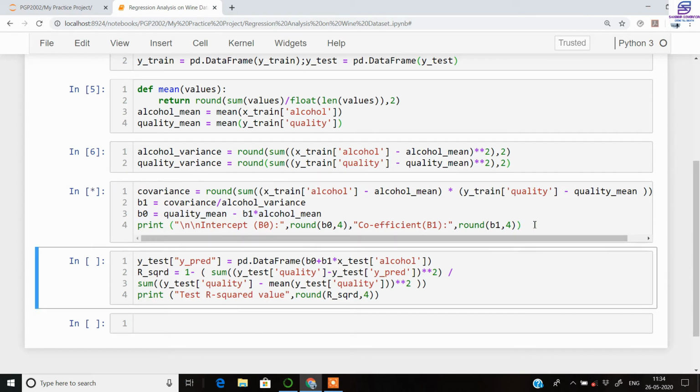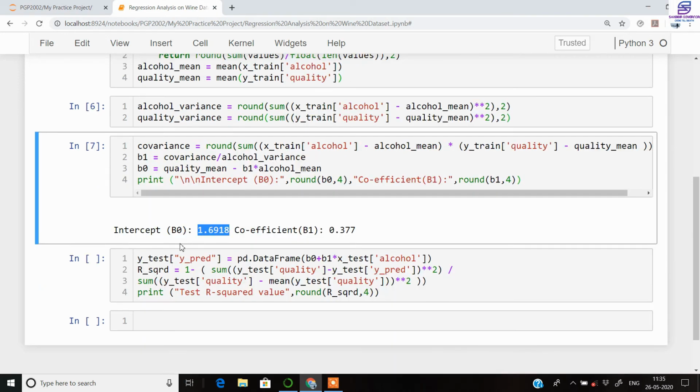Once that is done, we can print both the values. If you run this cell, you get the value of the y-intercept, that is 1.698, and the slope of the regression line, that is 0.377.